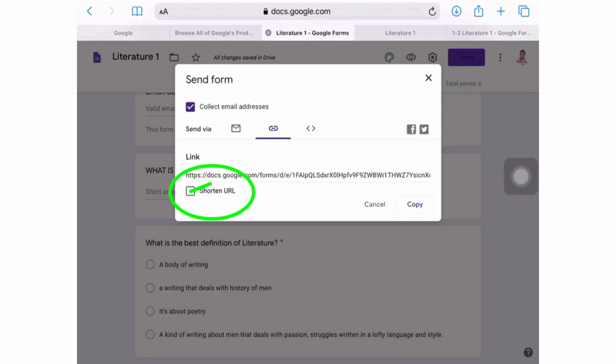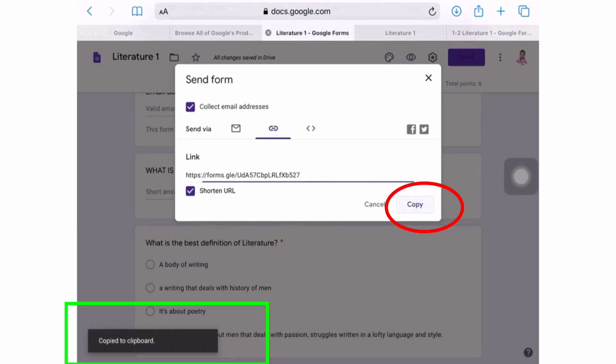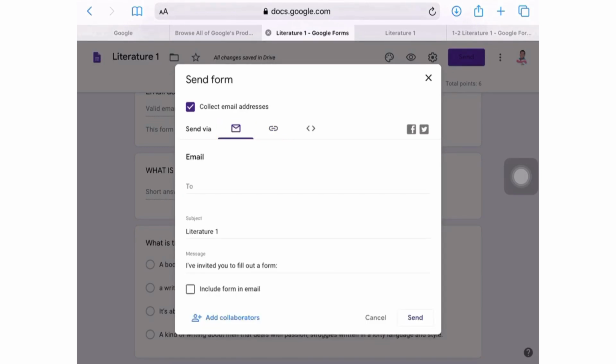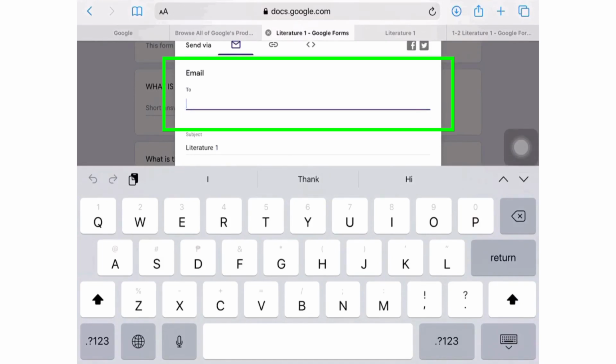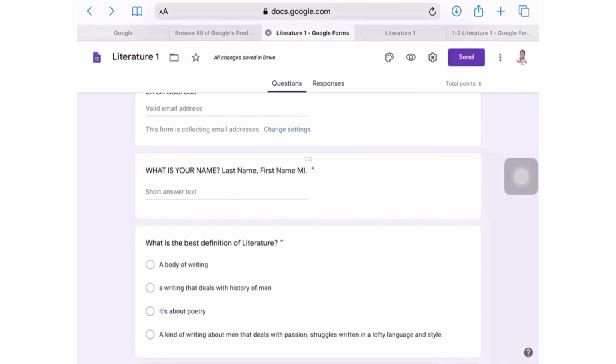What you can do is click shorten URL, and then click copy, and then you see there, copy to clipboard. So automatically, you can send it to your students. If you want to send it by email, you can just write there the email of your students. But for the sake of showing you exactly how it's done,